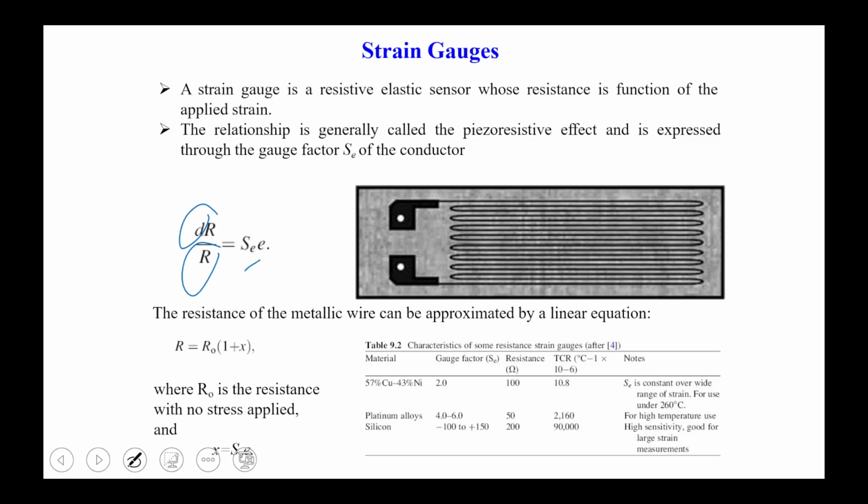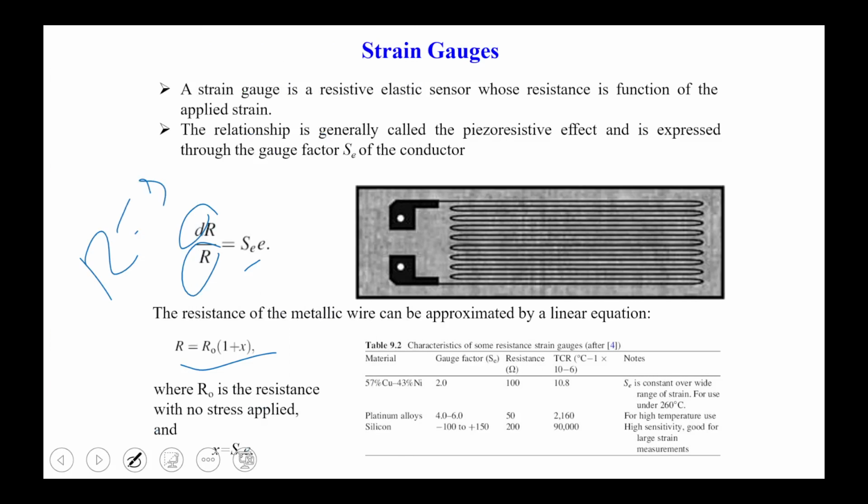The resistance of a metallic wire can be approximated by a linear equation, R equals R naught times (1 plus X). If we have, for example, a gold wire or copper wire, when we stretch it, the resistance will change; it will either increase or decrease. Like that, rubber is an insulator. When we stress or strain the rubber, its length or width will change in that case. And the resistance